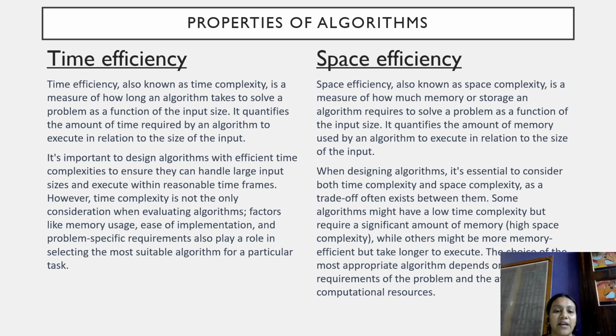And time efficiency. Time efficiency, also known as time complexity, is a measure of how long an algorithm takes to solve a problem as a function of the input size. It quantifies the amount of time required by an algorithm to execute in relation to the size of the input. It's important to design algorithms with efficient time complexity to ensure they can handle large input sizes and execute within